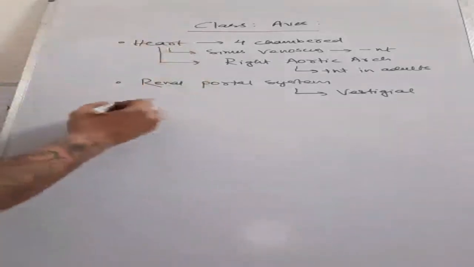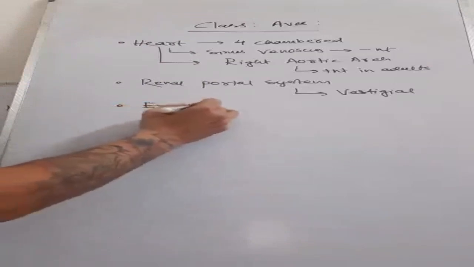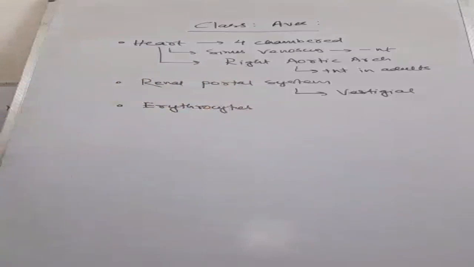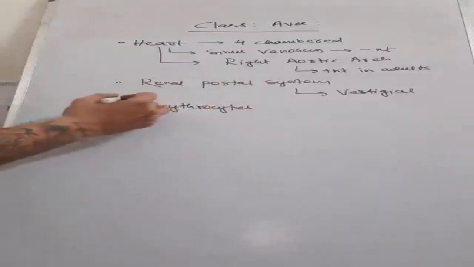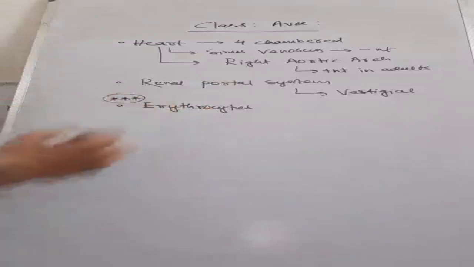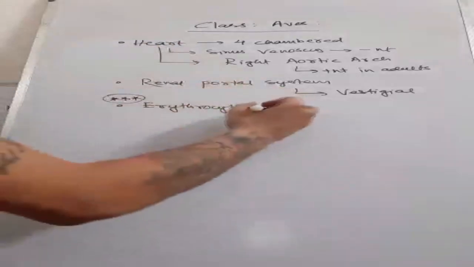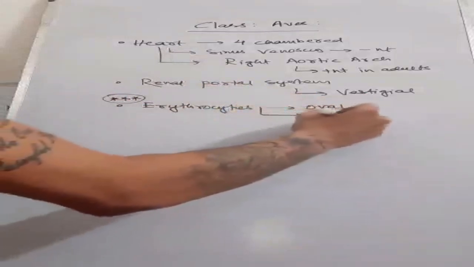Now, we are going to talk about the erythrocytes. Every time this question also comes, the different erythrocytes of vertebrates. With all the erythrocytes in the vertebrates, they will be asking about the shape and whether they are nucleated or not. Only two questions come. It is oval in shape and these are nucleated erythrocytes.